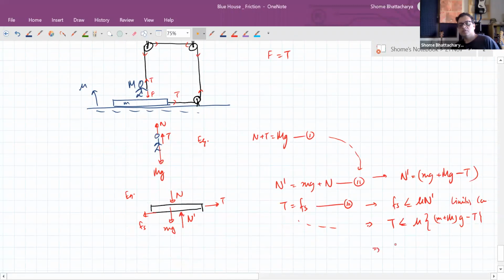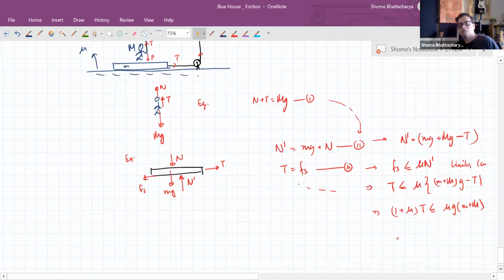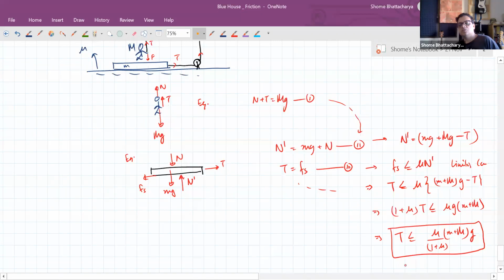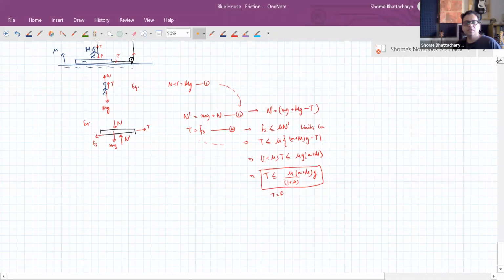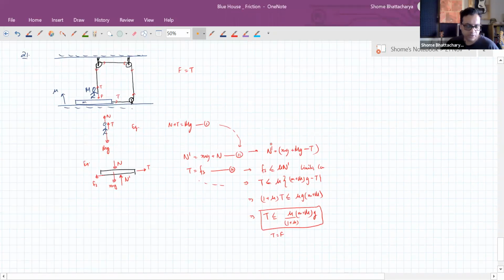As you can see, we will get this, and this T only is equal to F. So this is the same condition on F. Ultimately, it is all about not making any mistake with the free body diagram. If you're clear with FBD,